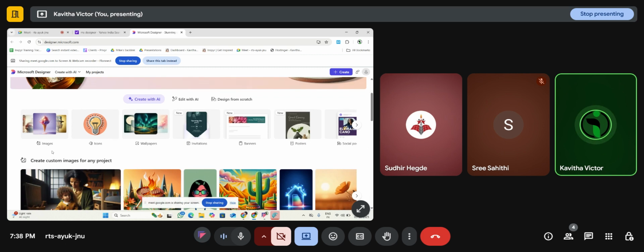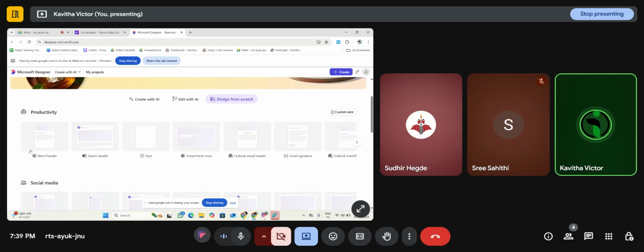You have the options create with AI, edit with AI, and design from scratch. Design from scratch is like when you click on this, you will be able to see the dimensions, just like how we did in Canva. In Canva, we have a blank page. You can click on that and use your creativity to design an image.